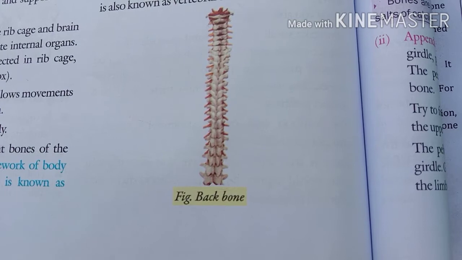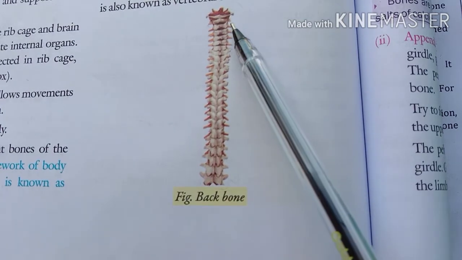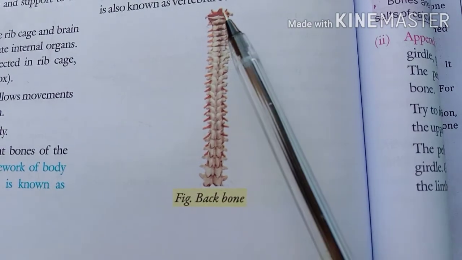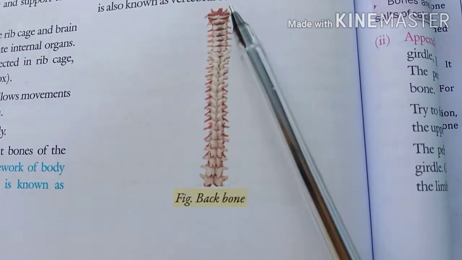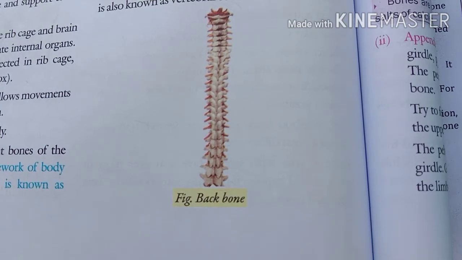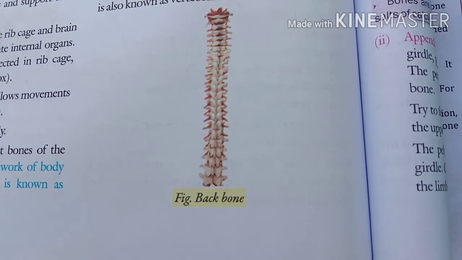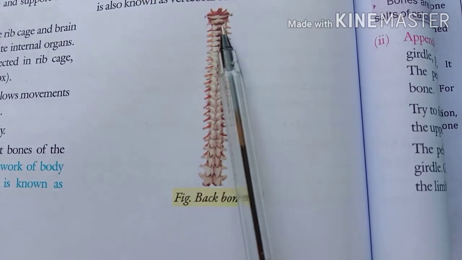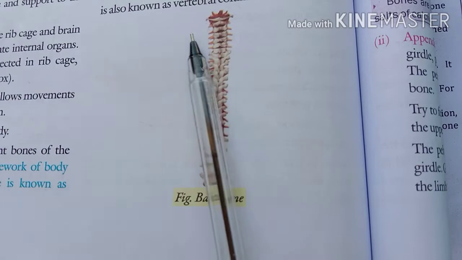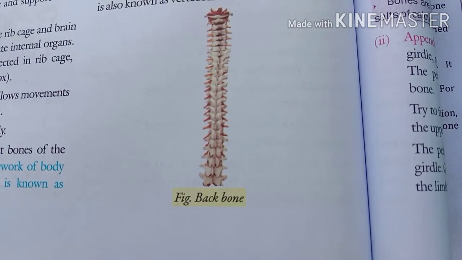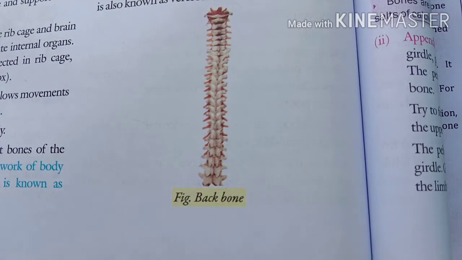Have a clear look at the backbone. It's the starting point, means it's the neck part, and below it is connected with the waist part. It's a little bit bent at this place, so it is called S shaped, means the shape of the backbone is the letter S of the English alphabet. This backbone has 33 vertebrae, means it is made up of these circular bones, so there are 33 in number. These 33 are called the vertebrae of the backbone.